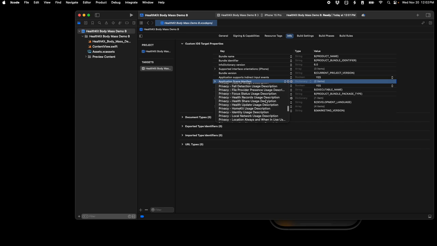So there we go. All right, so I'm not going to use health records. The things I am going to use are health share and health update. So share means I can retrieve information out of HealthKit, and update means I can put information into HealthKit. So I want to get share,